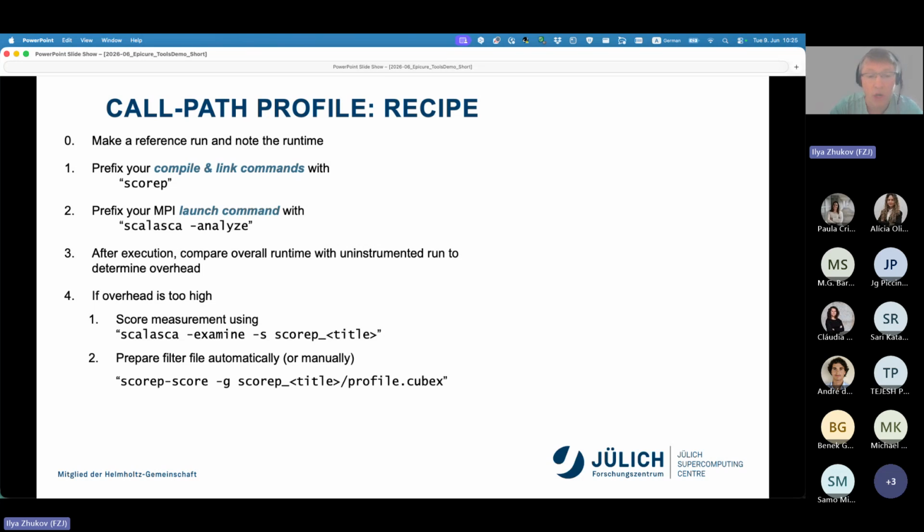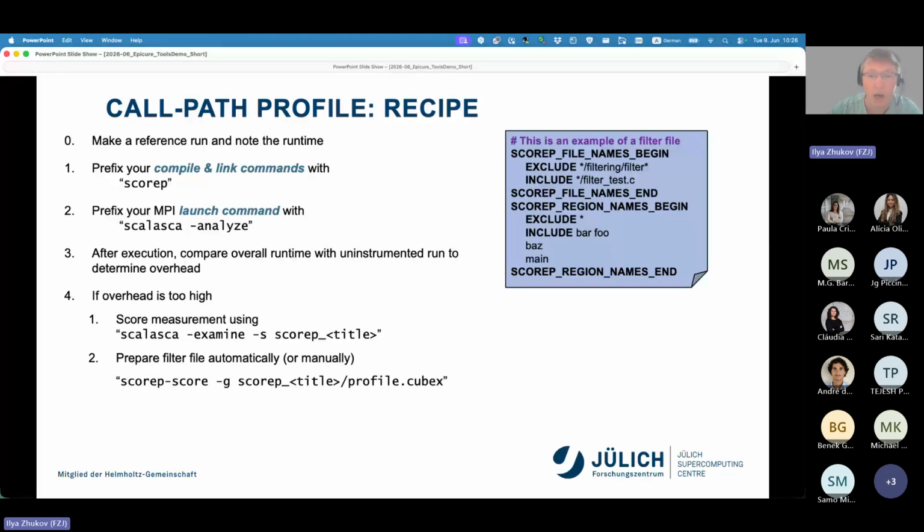Here's an example of how you can prepare your Scorep filtering file automatically with the scalasca -g option, and then provide the path to your profile.cubex, and the filtering file will be generated automatically. And you can fine-tune this generation. Here is an example of the filtering file. In the filtering file, you can